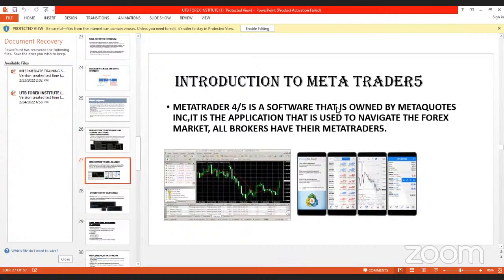The same thing with the broker. A broker is interested in you opening an account with them. When you open an account with them, you trade with them. They also have a buying price and a selling price, and they have a difference. This difference here is called spread, and the local one is also called spread. From your spread, that's where they make their own money. All they do is give you that access to trade. They put your trade in the market.